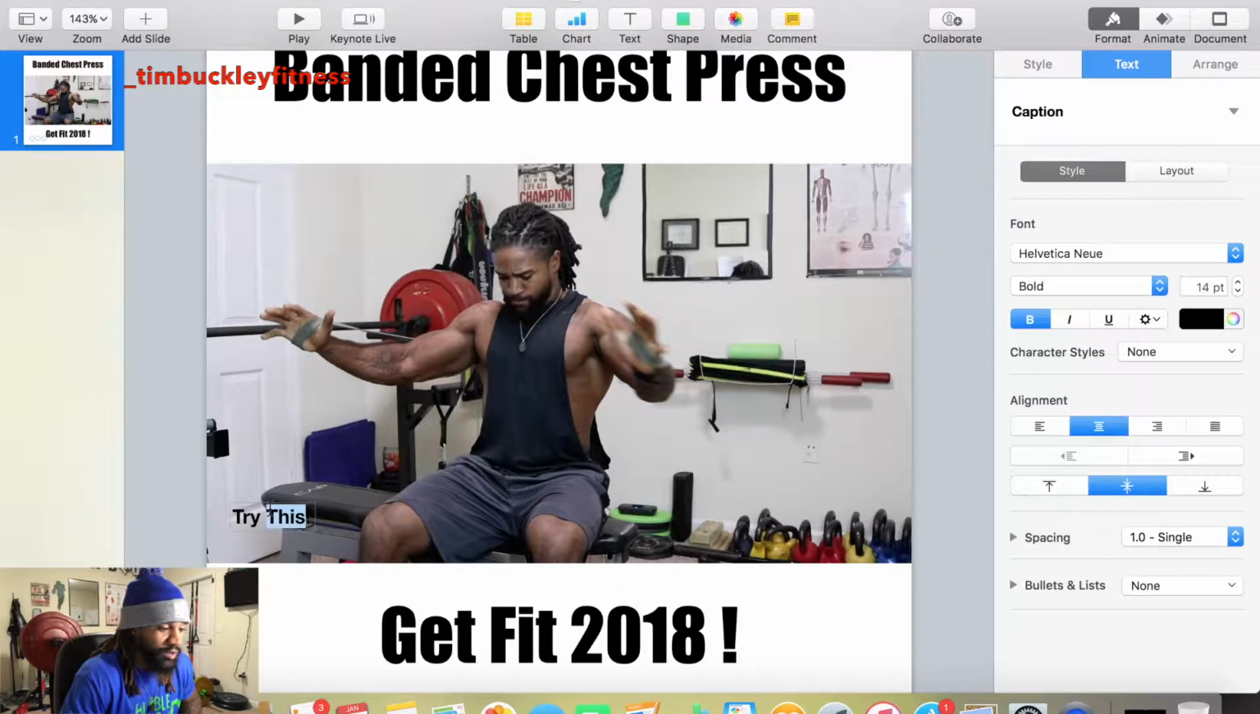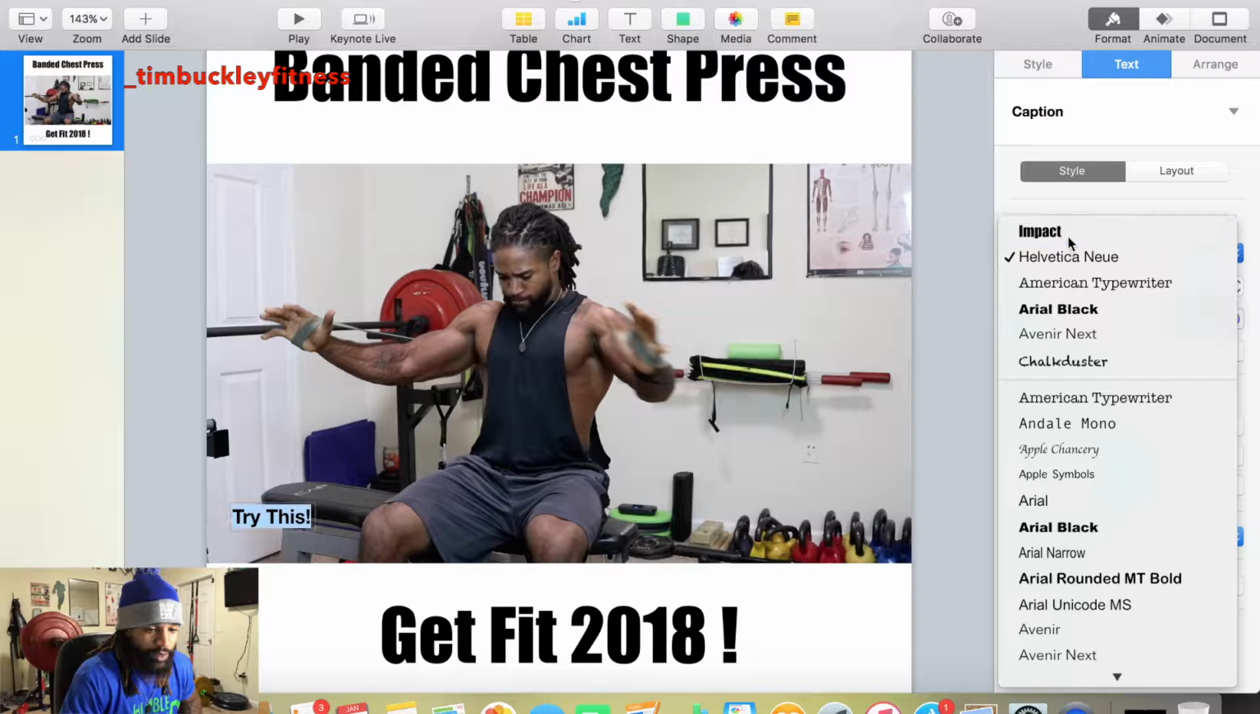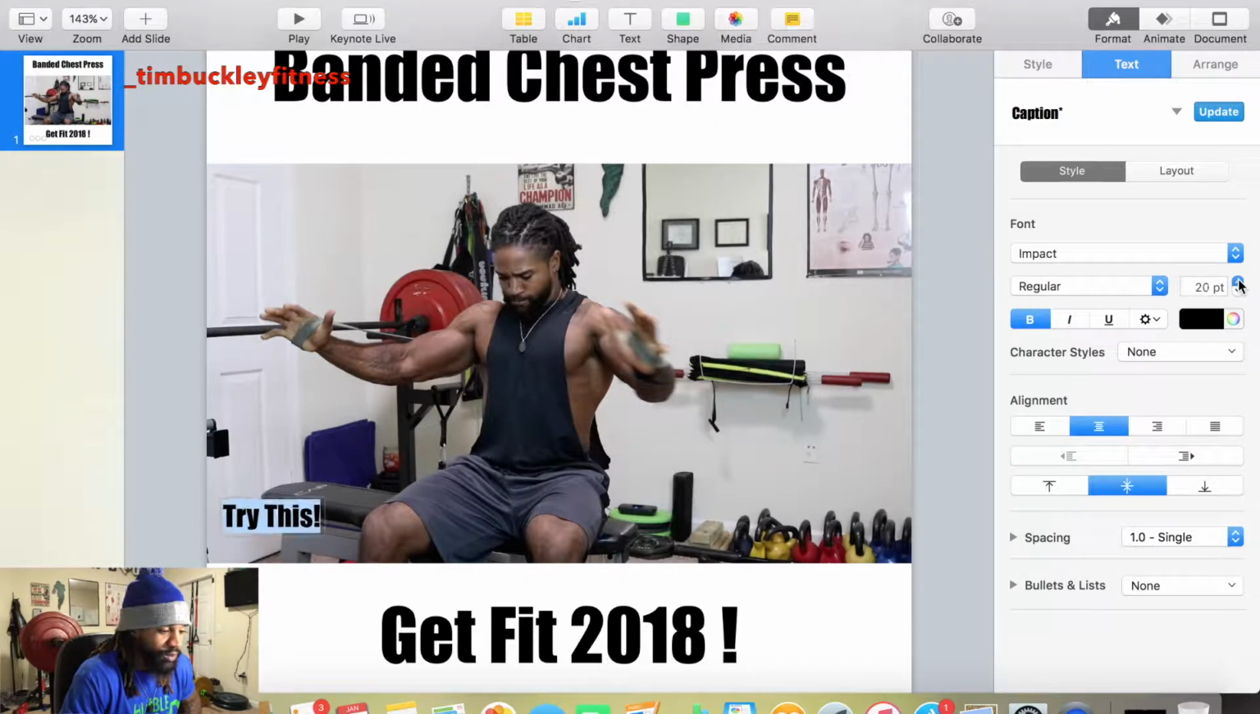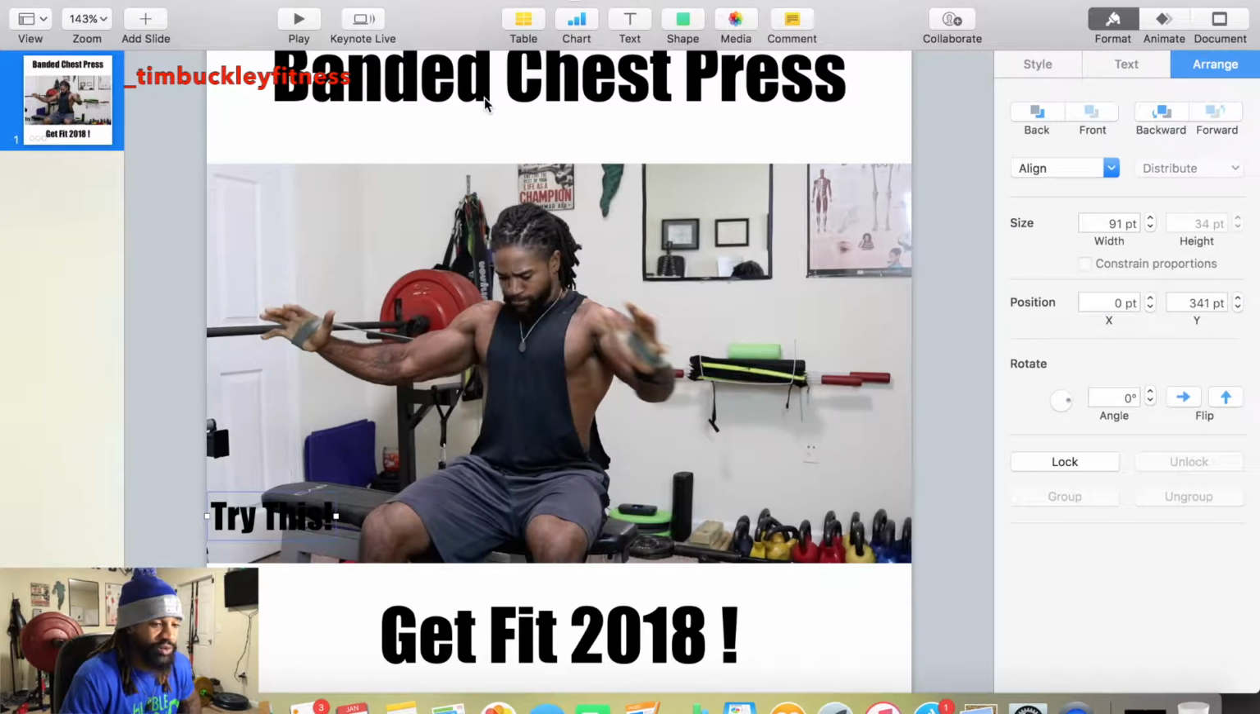Now we're going to come over to the try this button that we created, and we're just going to make sure it's Impact. And we're not going to make this one as big, but we're going to make it noticeable so that people actually see that. We want to make sure we're telling people, hey, try this. This is a really cool